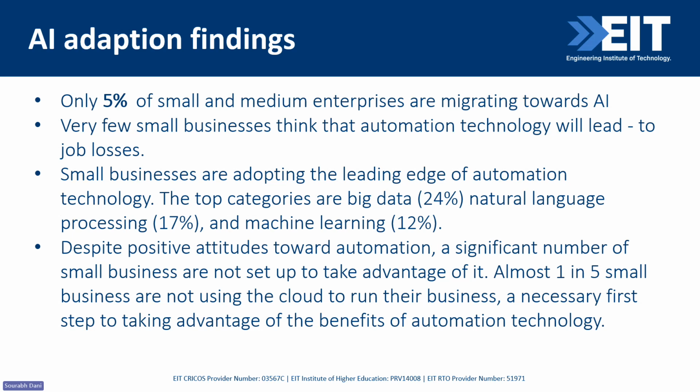So there are so many thought processes they have which are hindering the implementation of AI in these kinds of industries. Because of which only 5% of these SME industries are moving towards AI. Very small businesses think about an innovation from AI. That automation is not going to help them is their main focus. There is big data of 24% which is available for all the industries, and then only 17% of natural language processing is happening, whereas only 12% of machine learning is happening, because all over the world